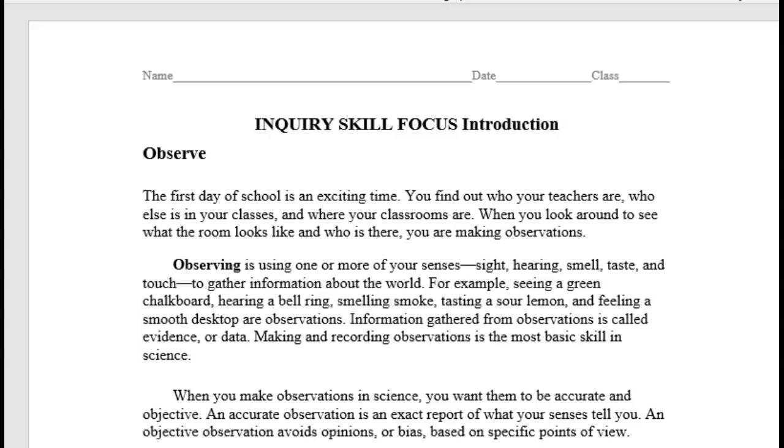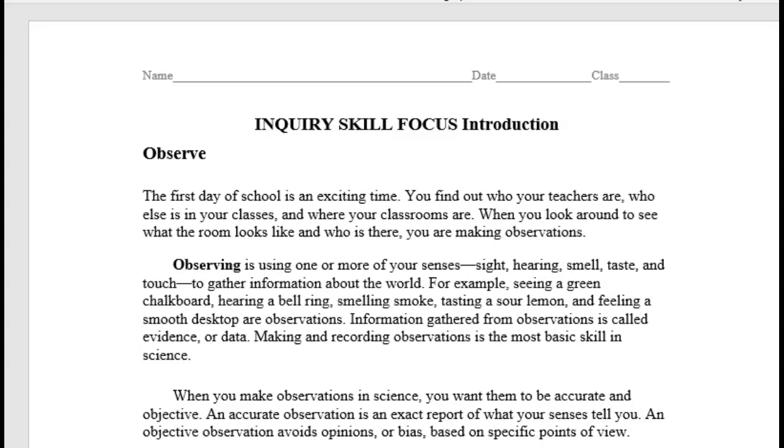The first day of school is an exciting time. You find out who your teachers are, who else is in your classes, and where your classrooms are. When you look around to see what the room looks like and who is there, you are making observations. Observing is using one or more of your senses, such as sight, hearing, smell, taste, and touch, to gather information